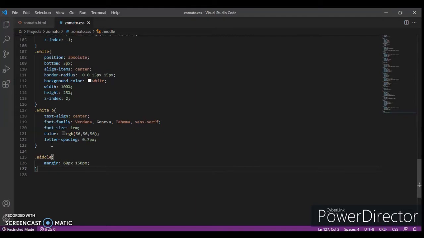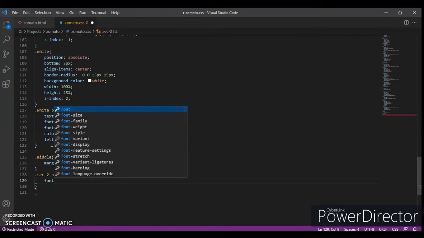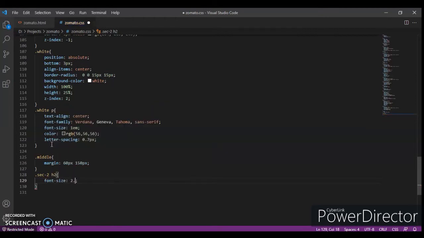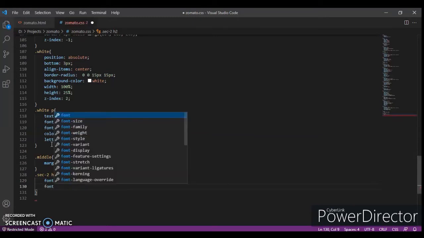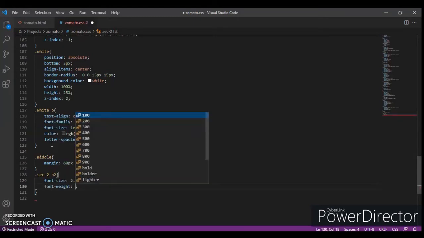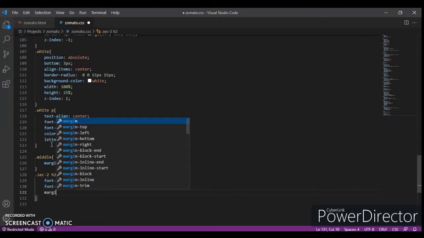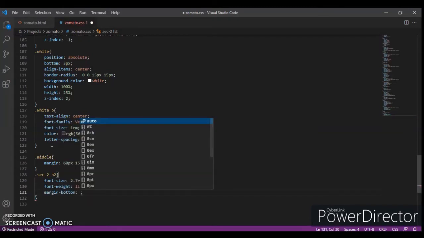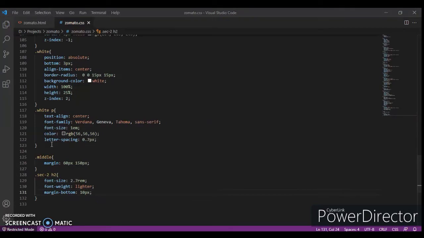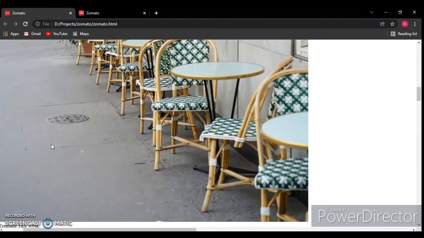Now section 2, we have created which one? So dot section 2, h2, font size 2.7 rem, font weight lighter, and margin bottom 10 pixels. Control C, Control R. So